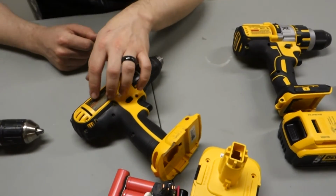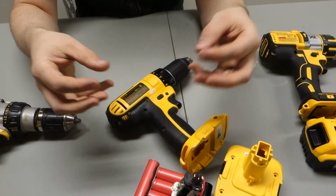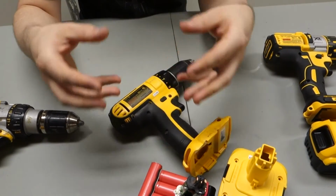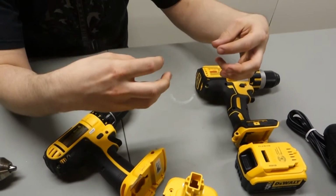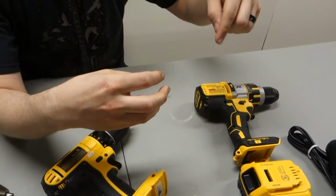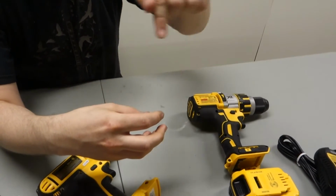Because a brushed motor is fairly simple. It's got positive, it's got a negative. You give it charge, and the motor inside spins. It's a fairly simple system. This system, you have a coil here, a coil here, and a coil here. You got 3 wires. You have to have a computer that says, okay, power this one, power this one, power this one, power this one,